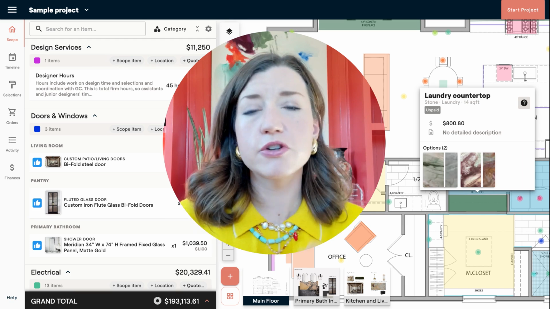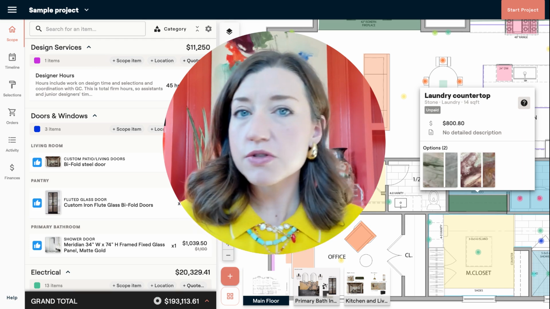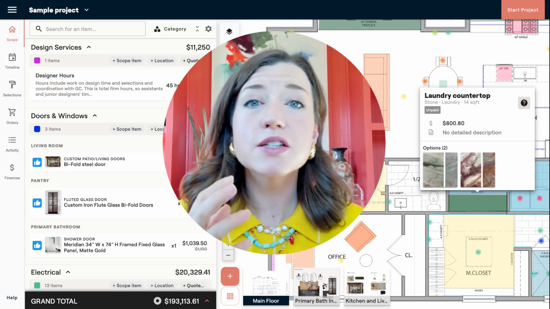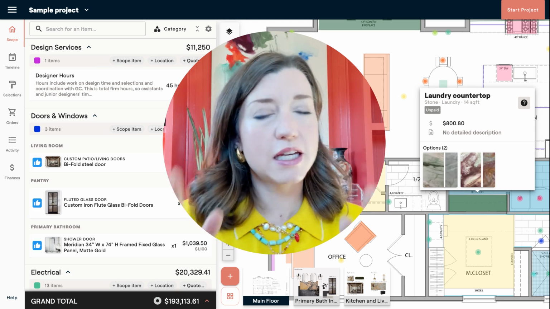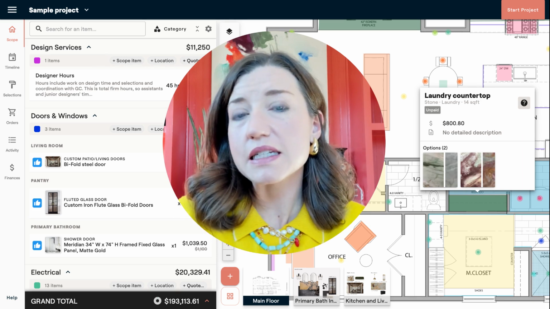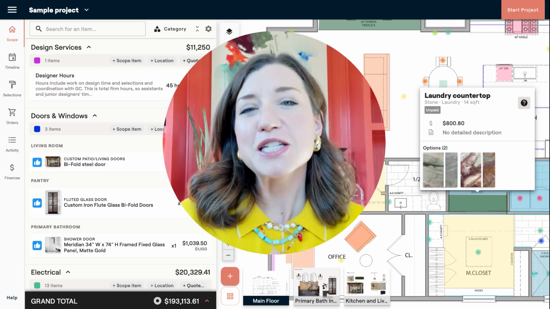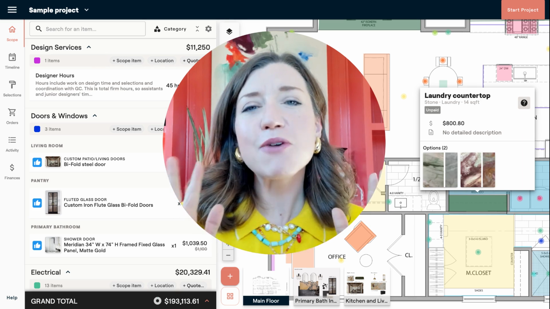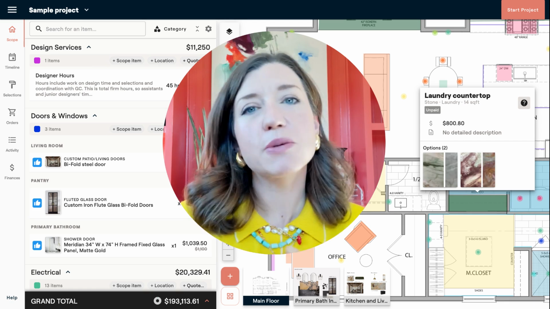Just to start, if you're using things like Canva, let's try using the boards in Materio. If you're using a spreadsheet, you absolutely can replace that with Materio. If you're tracking orders outside of your design system, you can do that in Materio. So anyways, all of that to say, I want you to explore, I want you to push the buttons,